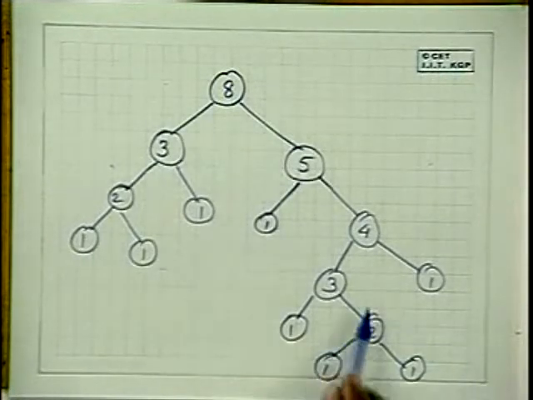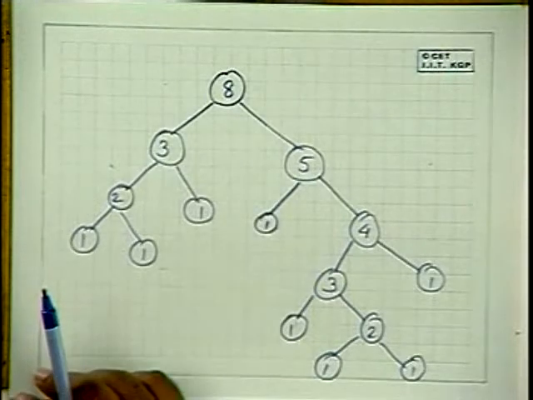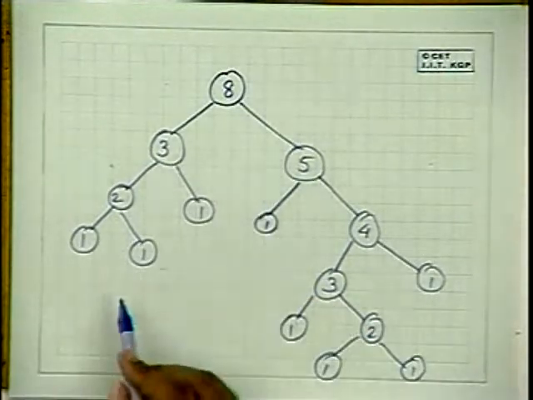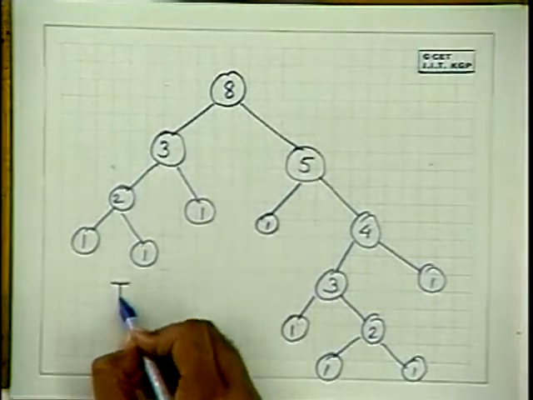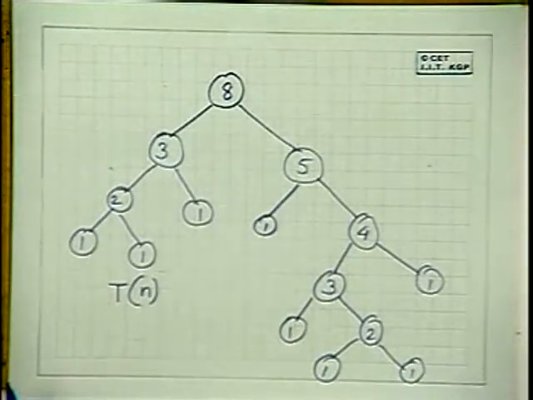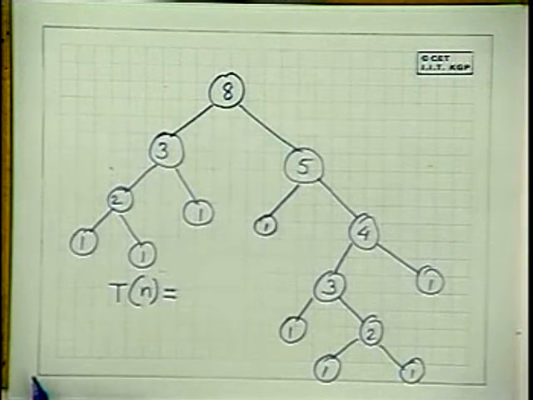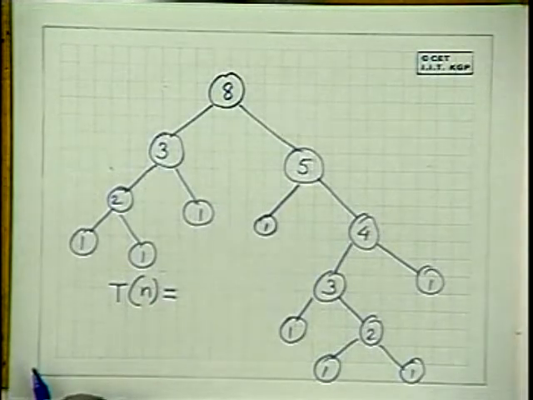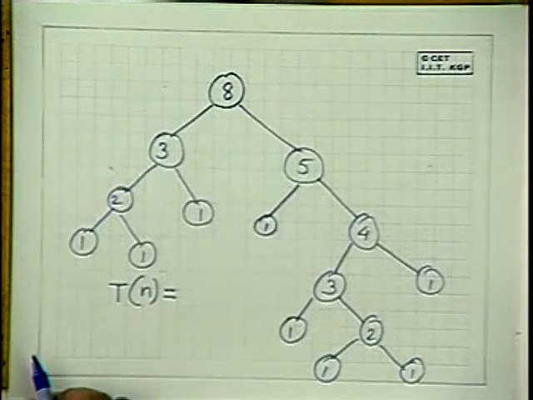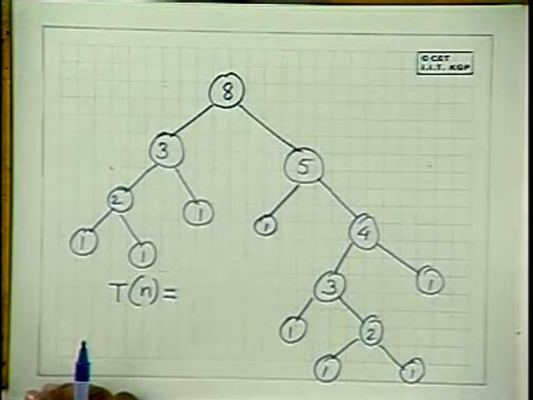So these are the size of the recursive calls, number of elements on which it were called. Now we can see the total time on n elements depends on what? What should be the recursion here? T(n) should be, what should be the recursion? Sum of the two partition times.